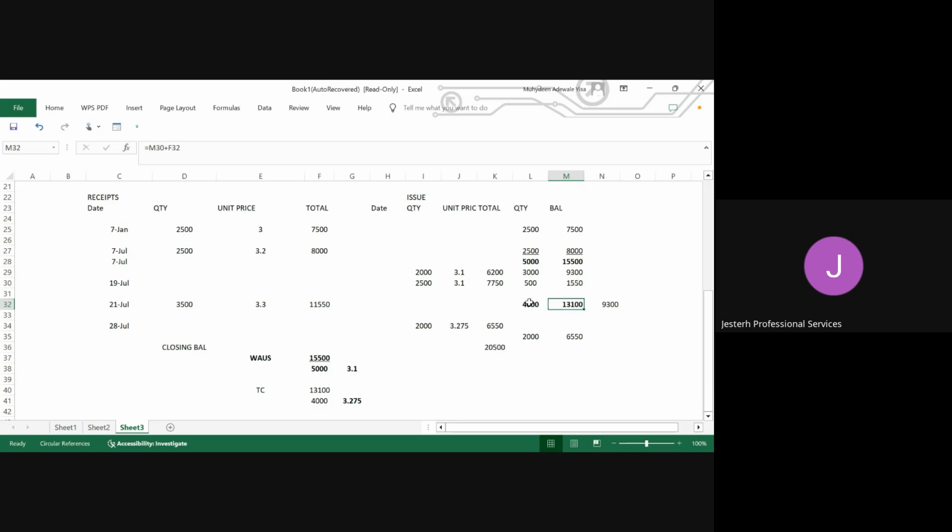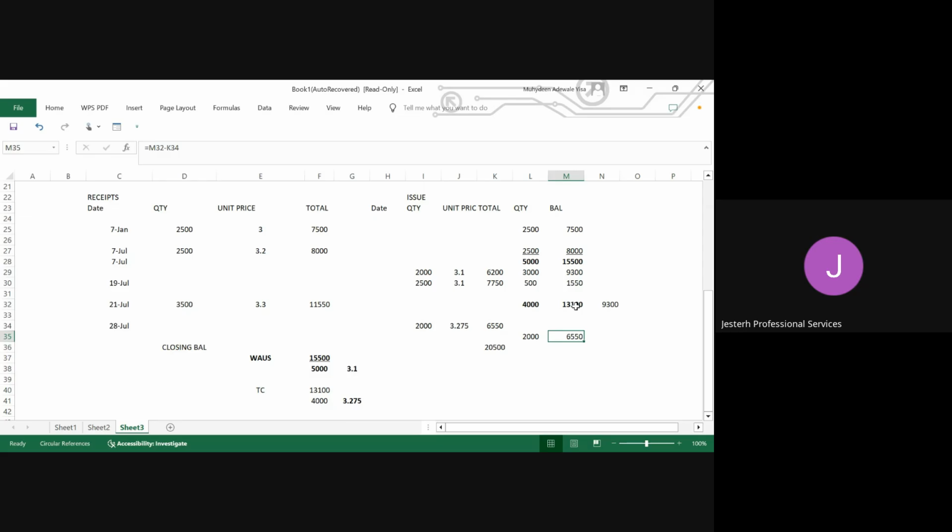And then in the store, we have 4,000 quantity of the inventories. Now we decided to issue out another 2,000 at this issuing price, which is the current average price that we determine by the total value of what we have in the store divided by the total quantity of the inventory that we have in the store. So that is how we arrive at this issuing total. And then how do we arrive at this closing balance?